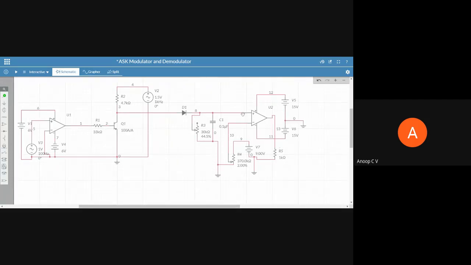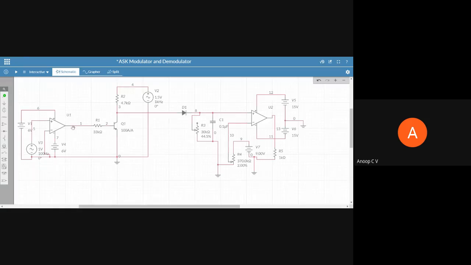Here, as I told, we are using Multisim Live, and it's a free version which we are using, so it has some limitations. One of the limitations is it can accommodate only 25 components, but luckily the circuit which we have has way less than 25 components, so it won't be a problem for us. And one more issue is this free account does not have a square wave generator.